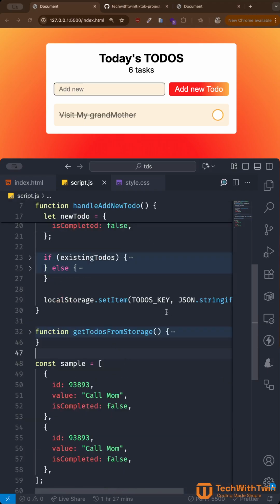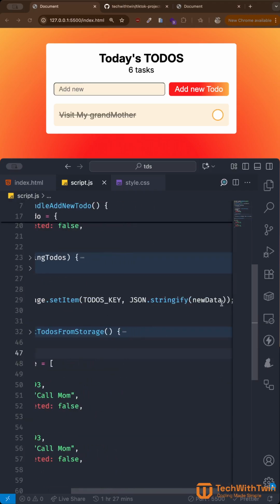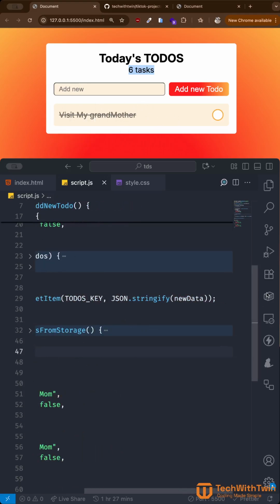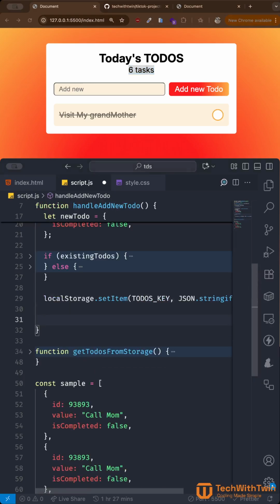Something else I want now, after adding the new data to the to-do, we need to refresh the UI. How do we refresh the UI? By reshowing the new task, by recalculating the new tasks, and by rerunning these to-dos. So how we can do this is that let's create a function called init. I'm going to call that function